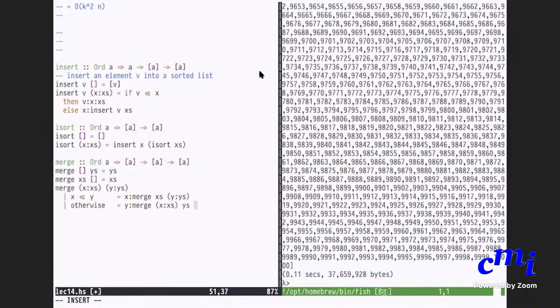Great. So merge is done. How much time does it require to do merge of two lists? Let us say both lists are of size n by 2. Or in other words, the sum of the two lists is of size n. That is what I need to start with. Let us say the sum of the length of x colon x's and the length of y colon y's is n. How much time does it take to do merge?